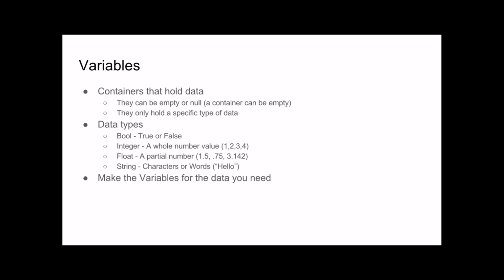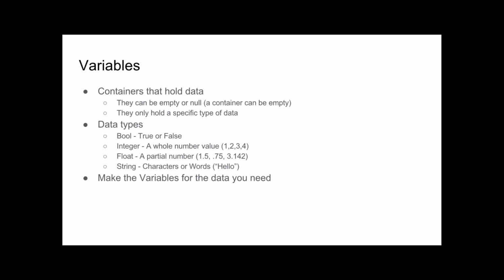An integer is a whole number, 1, 2, 3, 4, 500. It's a whole number. It's not a partial number. And sometimes you would want that type of value that you want to hold and manipulate. A float is a partial number, 1.5, 0.75, 3.14159, I mean, it's pi. You would say, when do I use a float or an integer? Well, if you wanted something to have a lot more precision, you would use a float. Something like time has precision, right? Speed probably has precision. So something that you want precision for, you would use a float.